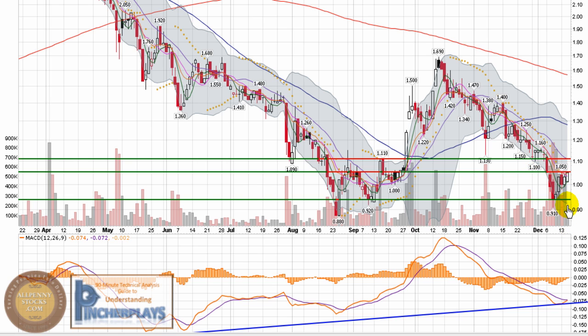So I'm going to want to see volume explode. It could kind of creep through this $1.05, and that wouldn't be that big of a deal. But if it's going to blow through this, I'm going to want to see volume really pick up, take that out. If it does, I think it's got a pretty good shot at coming up here and challenging this 50-day